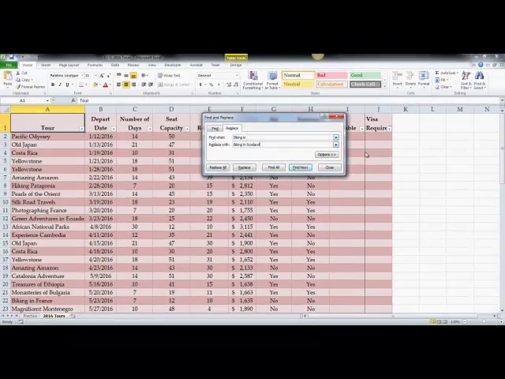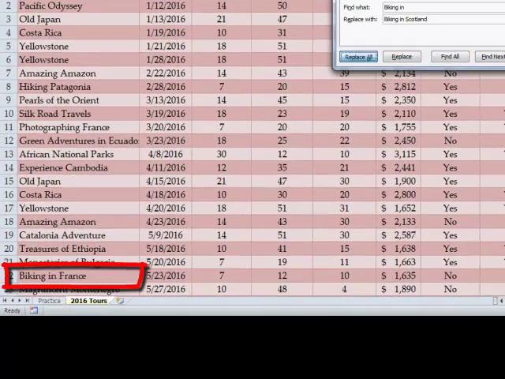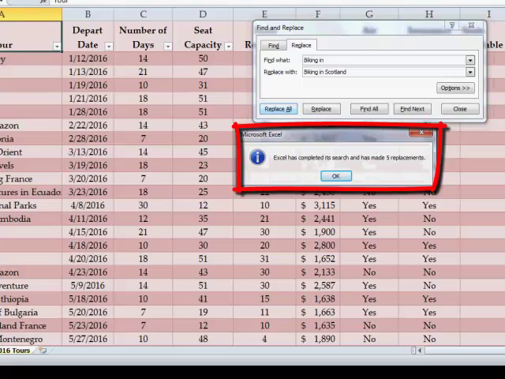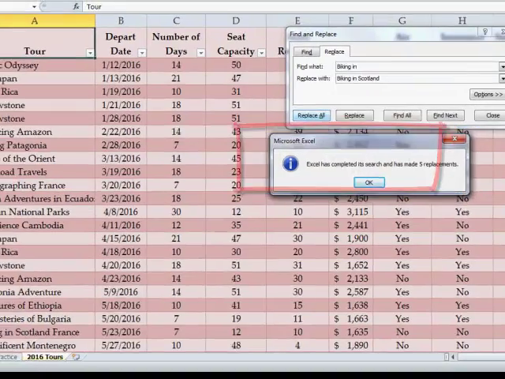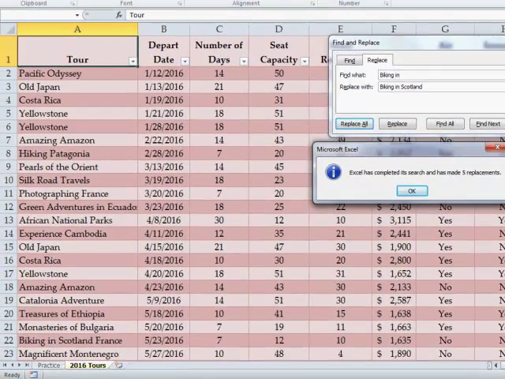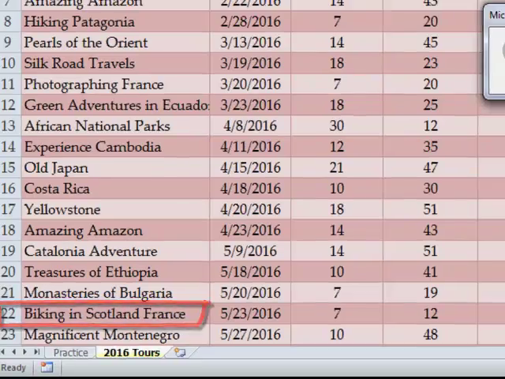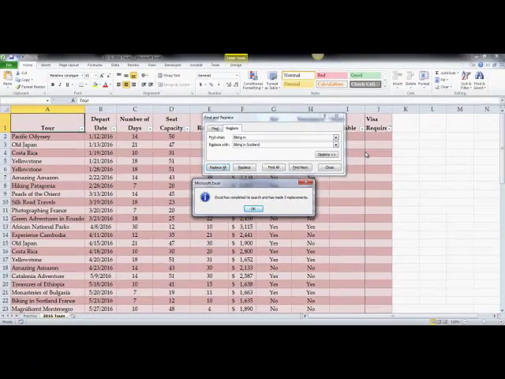So let's see if this fixes my error. Now there's an error here. Did you catch it? Maybe you did, maybe you didn't. Notice we also have "biking in Scotland, France." That won't do. So let me click OK,